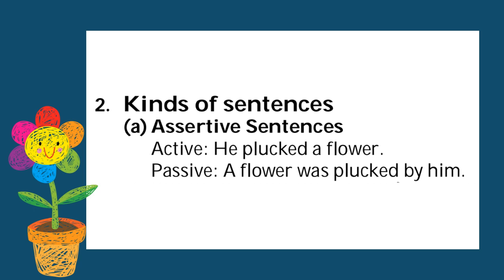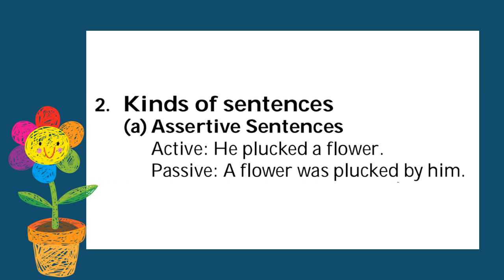So first of all, we can look at the assertive sentence, or the usual statements. Here the first one is the assertive sentence. We are writing this one sentence in active voice. He plucked a flower. He, the subject, plucked a flower. What tense is it? It is in simple past tense. Okay, so a flower, that's the object. So in passive voice, how did the sentence become? First of all, we wrote a flower. Then we studied that the verb form should be was or were plus past participle in simple past tense. Okay, so we are writing was plucked. So a flower was plucked by him. So that's how assertive sentences should be changed.